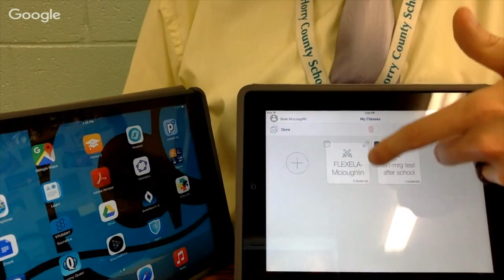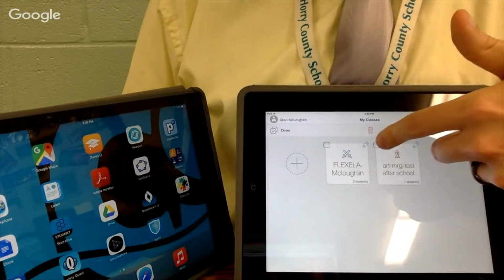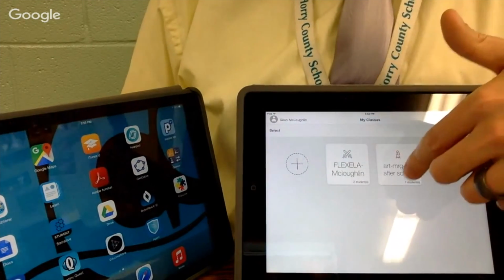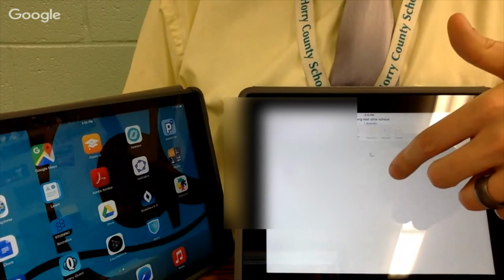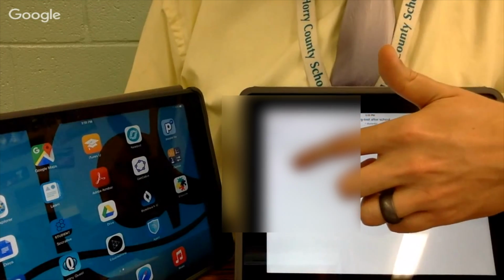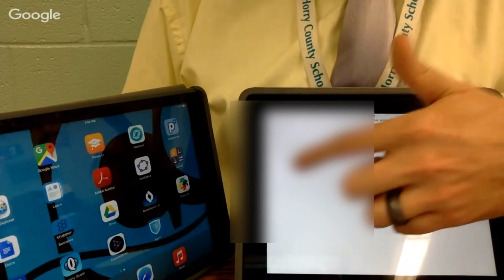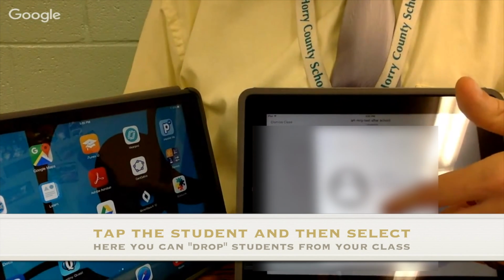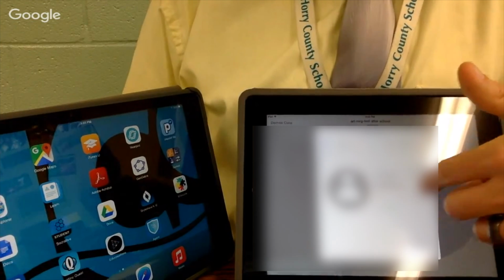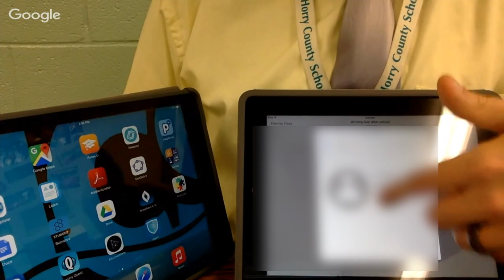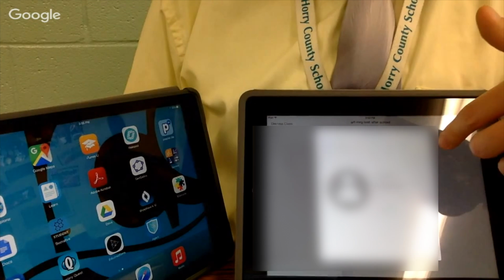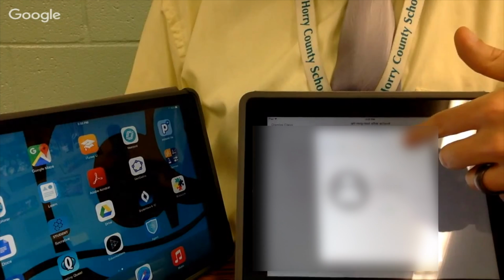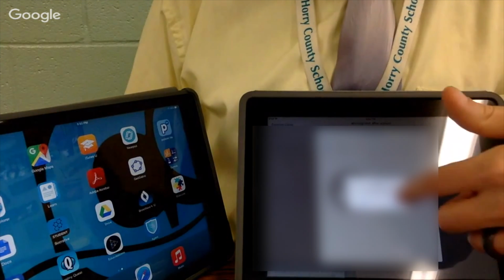I can delete it, which is what I'm going to do in a little bit, but before I delete it, I need to make sure that I kick that student out. So this one student, he really doesn't belong here. We just did it for practice. So I'm going to pick that one student. They have this battery life indicator. It's not always 100% accurate, but I need to make sure that the student is no longer associated in here. So I'm going to drop them from my class. And then yes,